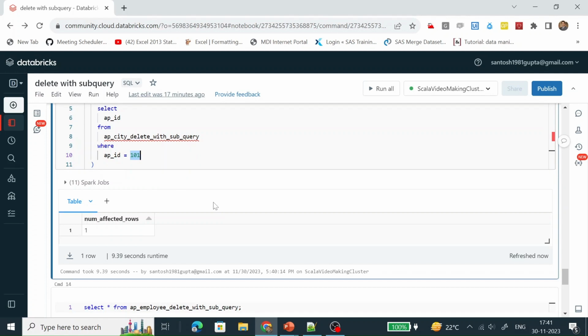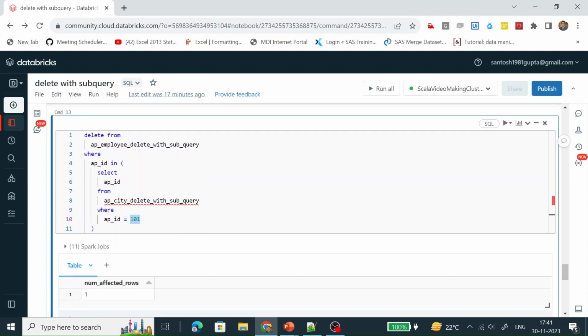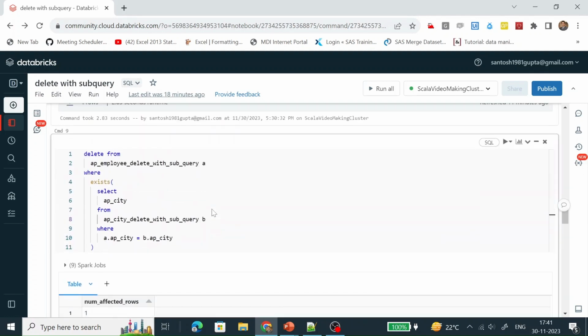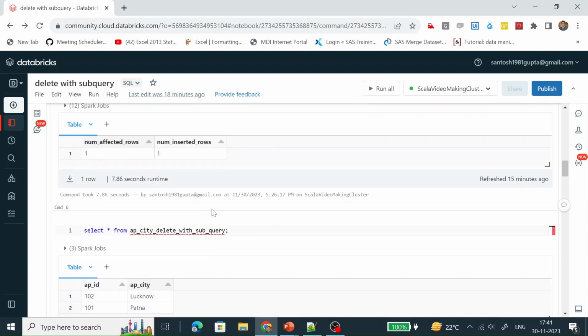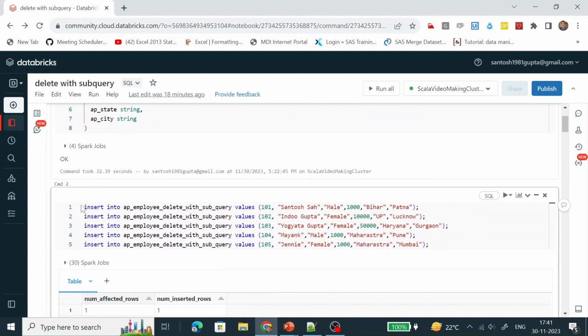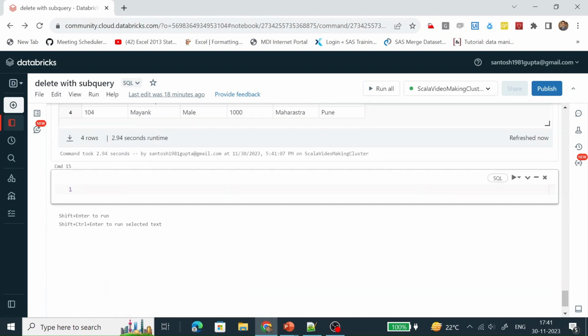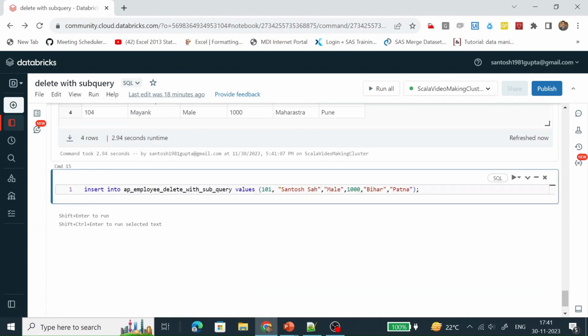Now let me perform the insert statement of 101, and again I will run this delete query, but this time without the where condition. So let's do an insert statement, the one where we have written 101. Let's copy this insert statement and run it.